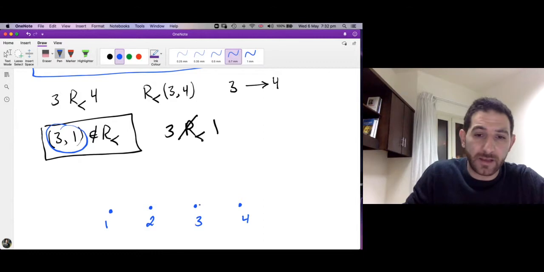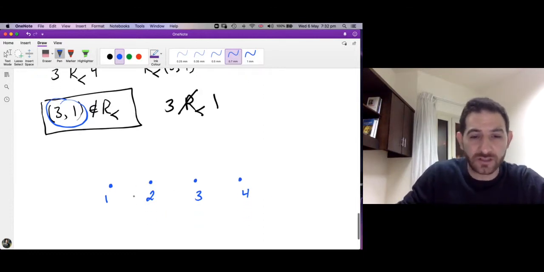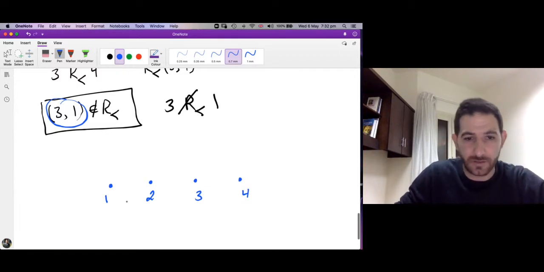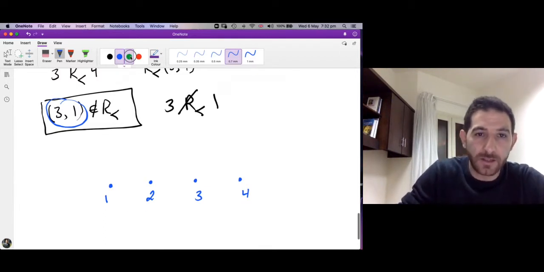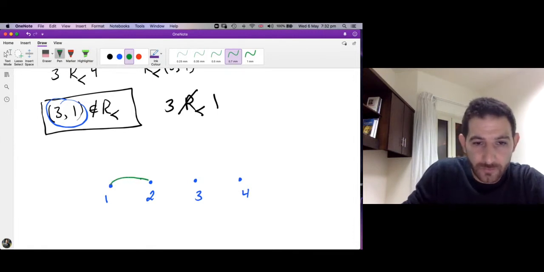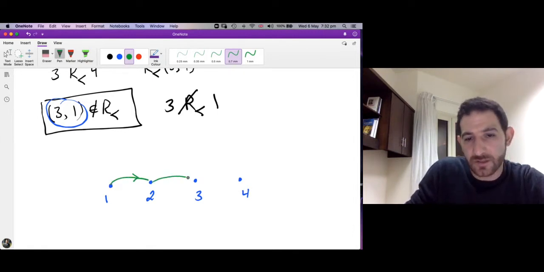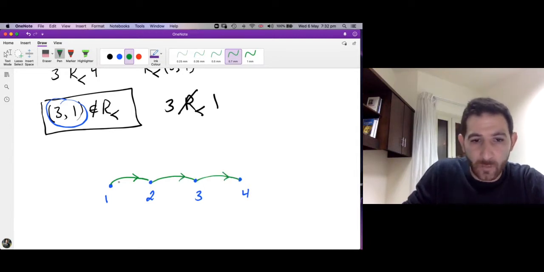Maybe I can use another copy of A, or I just use one copy, because it's A cross A. We know that 1 is related to 2, so I put an arrow. 2 is related to 3, 3 is related to 4, 1 is related to 3 as well because 1 is less than 3,